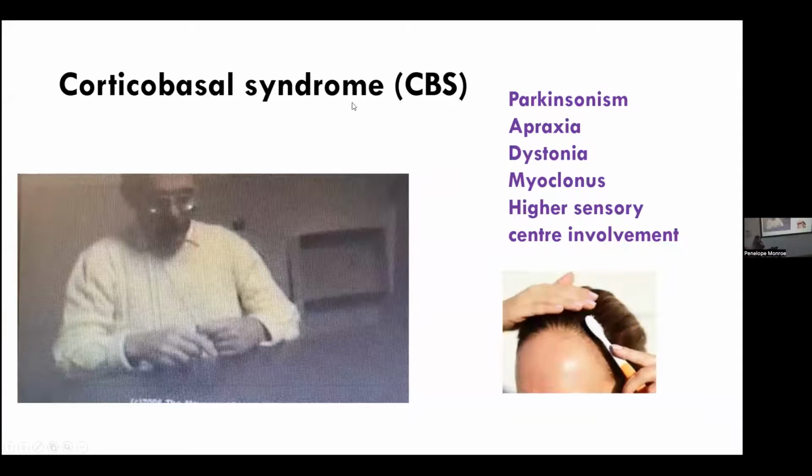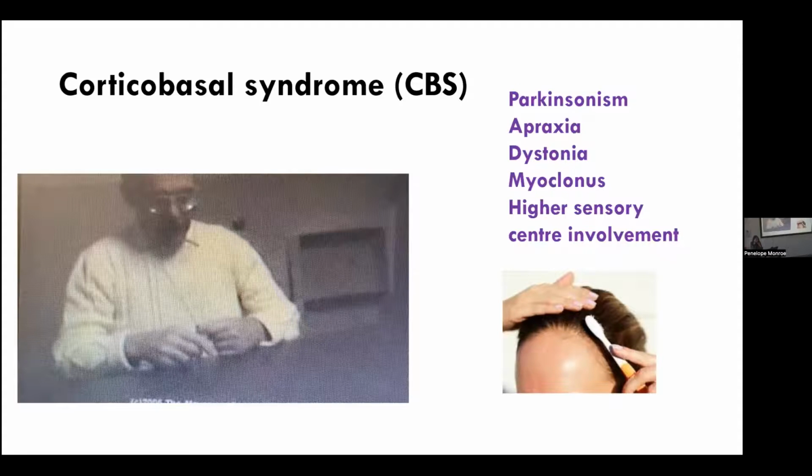So the other atypical Parkinsonism is corticobasal syndrome. Again, the same constellation of features that form Parkinsonism, but they also have a few features here that sound quite technical. Apraxia is basically the difficulty in carrying out an action despite normal strength and normal sensation. And I test a lot of things. I joke that I have this basket of instruments of torture for patients, but most of it's looking at apraxia. They also have dystonia that I've talked about and myoclonus.